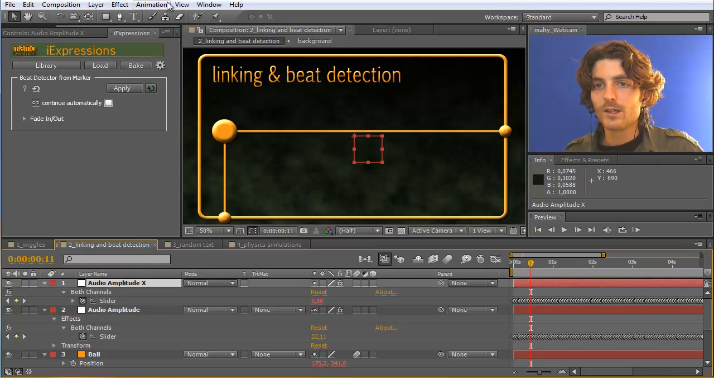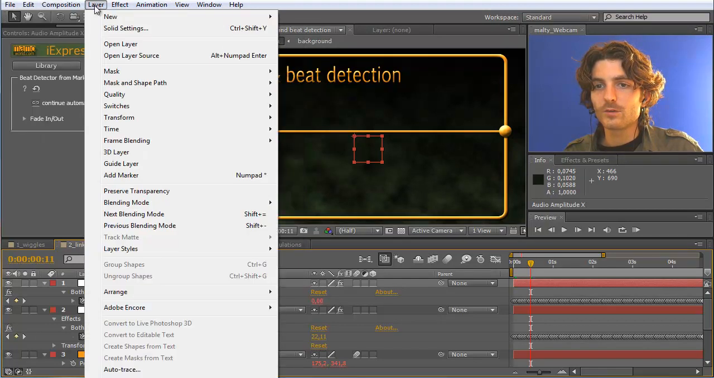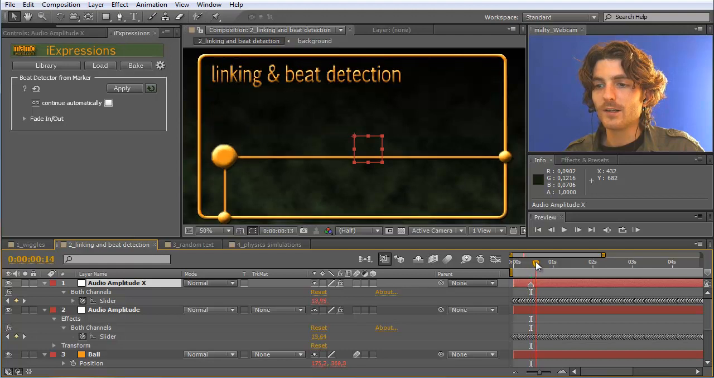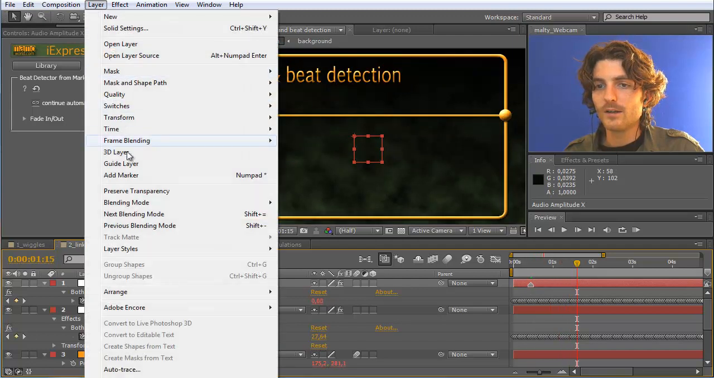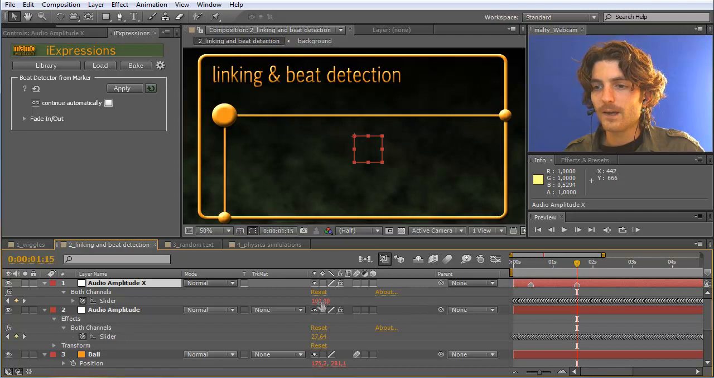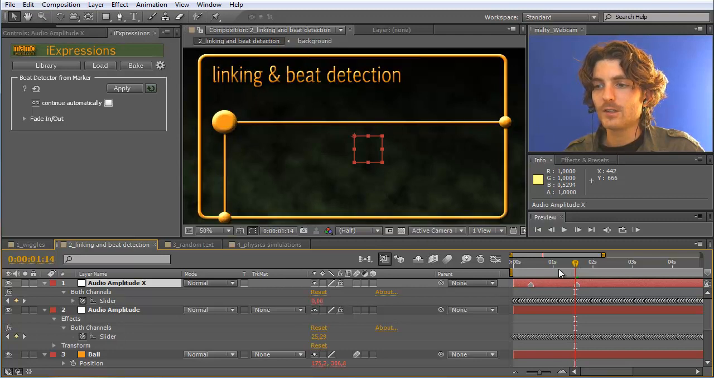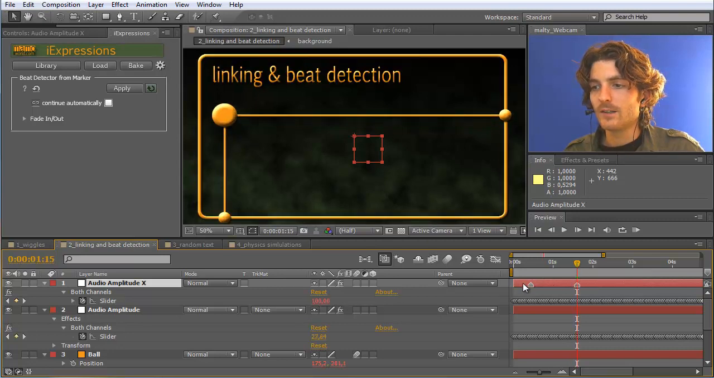and go to animation, to layer at marker, or I can press the star key here on the numpad. And now you can see immediately the slider changes to 100 because it says, here is a marker. And then if you move to the right, it slowly decreases again to 0. And if I put here another marker, layer at marker, it puts another 100 here. It means you can control where this slider has a value of 100 by just setting these